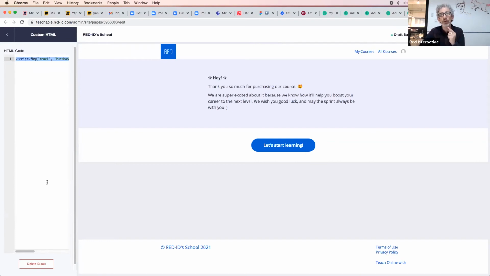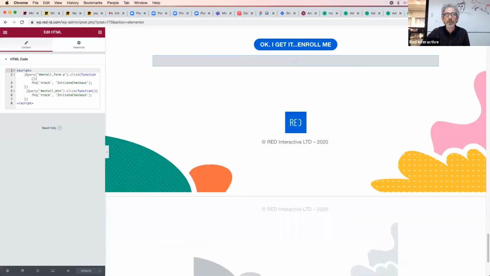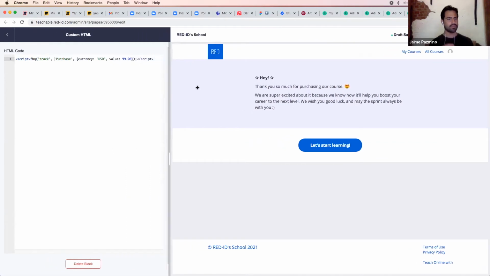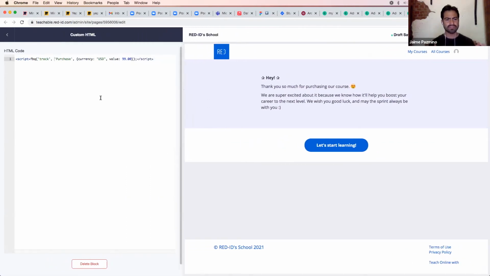But we still wanted to know when people initiate checkout, so we can optimize for the drop-off traffic going into checkout and not completing the purchase. We want to target those users, talk to them, and maybe convince them to buy. So the second part is just one thing here, like this code. You can find it within Facebook. It's not that we invented it. It might look a little scary, like what is this code and where do I get it. If you go to events on Facebook, then to the purchase event, and then open, I think it's code information, and they will give you this code.